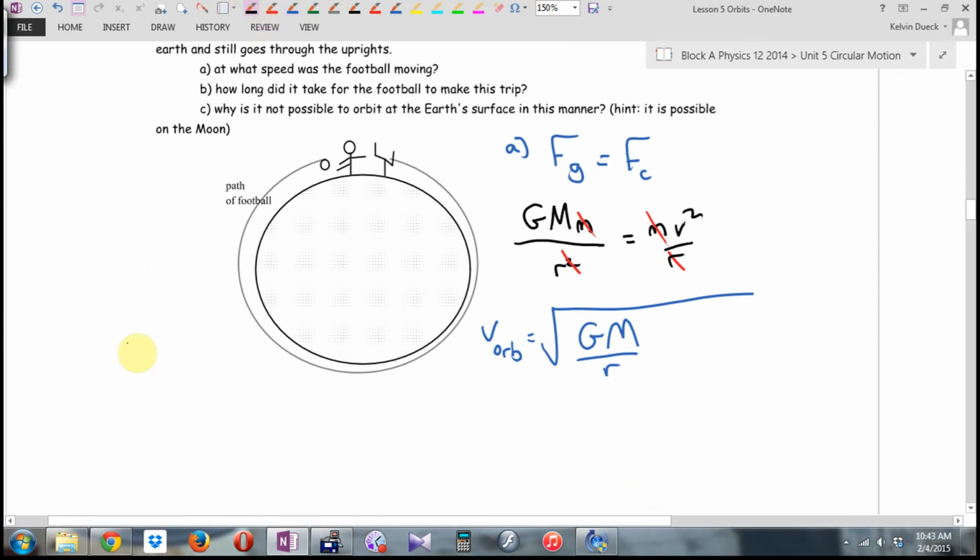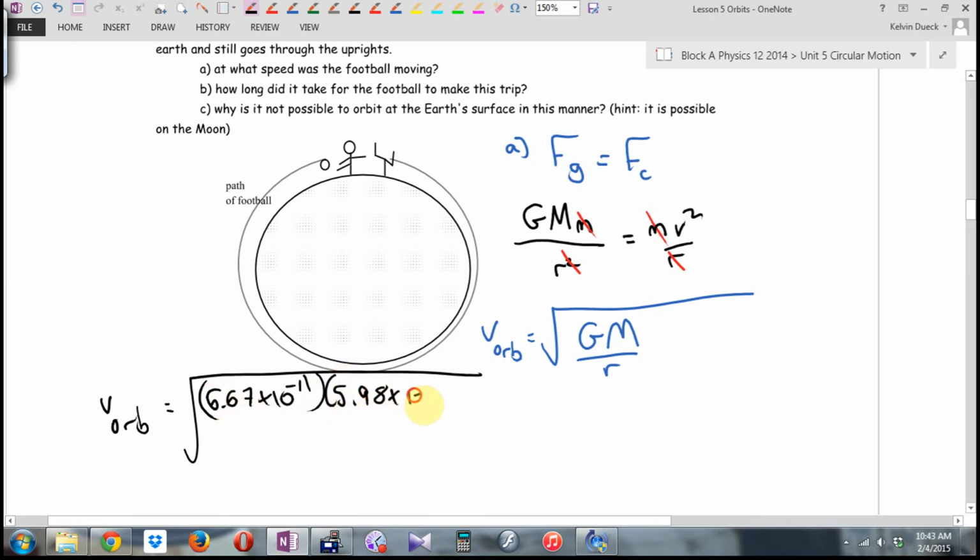Let's plug in numbers here. What's big G? Oh yeah, 6.67 times 10 to the negative 11. There's the constant of gravity. Mass of the Earth, 5.98 times 10 to the 24th. Are we on the Earth's surface for this particular example? Then the radius of the Earth, I mean, technically you're like 3 or 4 meters higher, but that's not really going to make a difference. What is the radius of the Earth? 6.38 times